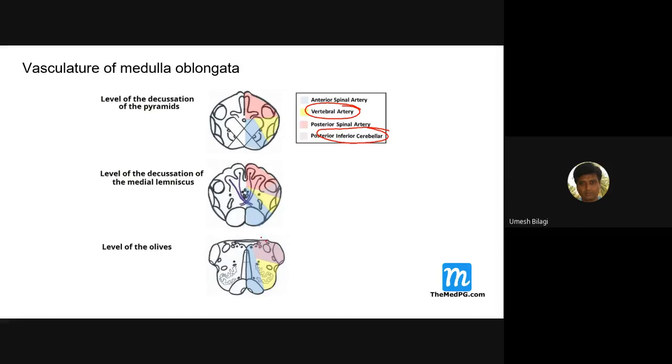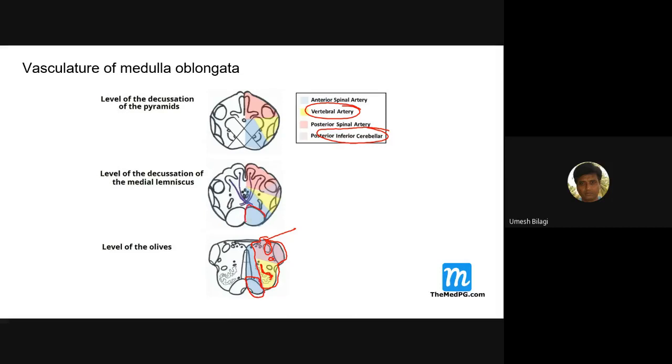They are supplying almost what you see laterally. If that is occluded, the problem will be here, predominantly in the upper part. What all would go? These lateral nuclei, the 9th, 10th, 11th nuclei would be at fault, and the olives also can be hit, and the vestibulocochlear nerve could also be hit. But remember this: pyramids are spared here.